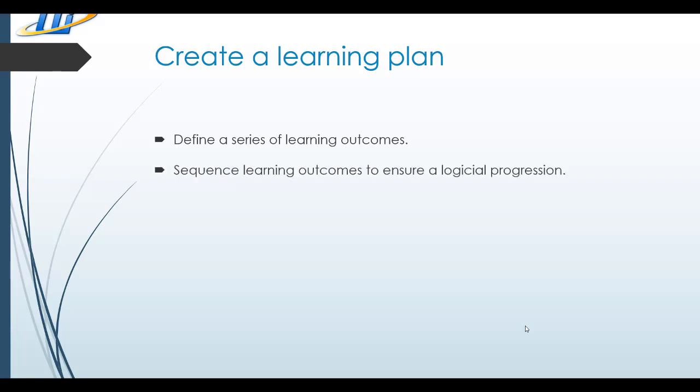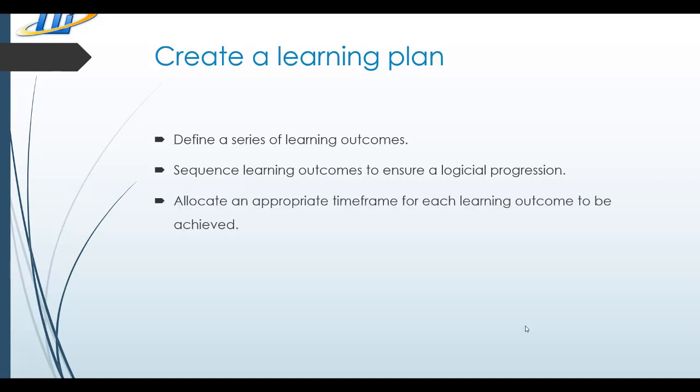So how do we create a learning plan? From this initial list, you can create a learning plan, and you can also refer to chapter 11, which is design a syllabus, for a detailed description of this process. But there are three main things that we need to do. So we're going to first of all define a series of learning outcomes, for example, giving information to guests about local attractions, sequence learning outcomes to ensure a logical progression, and finally allocate an appropriate time frame for each learning